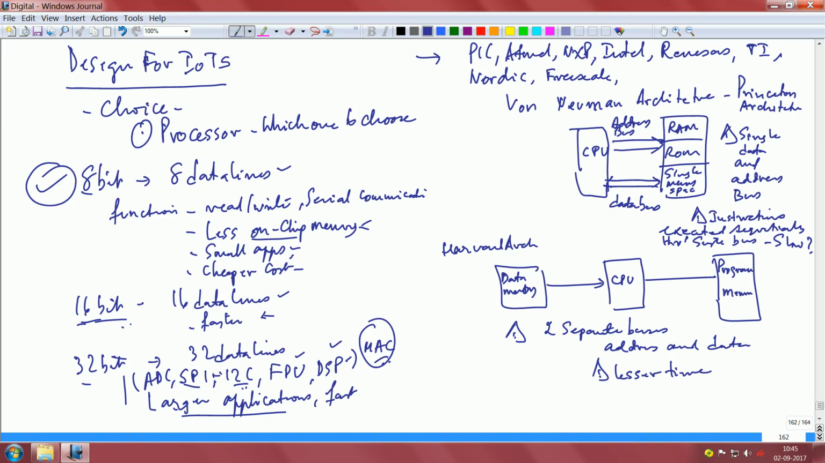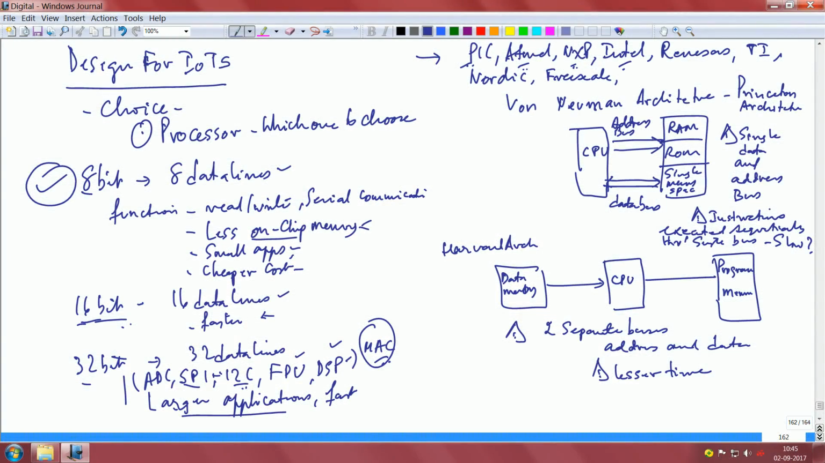a very small list of controllers that are available: PIC, Atmel, NXP, Intel, Renesas, TI, Nordic, Freescale. So many controller companies are available, each one specializing in their own way. For instance, if you take Freescale, they are very suited for automotive applications, okay, and many of the controllers